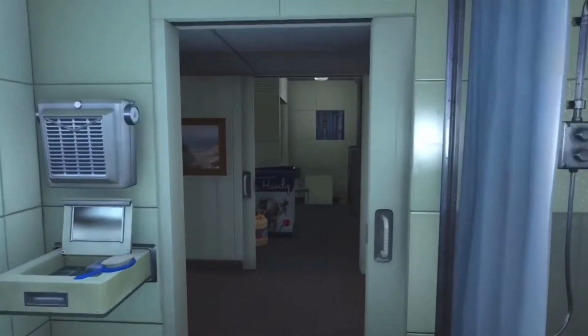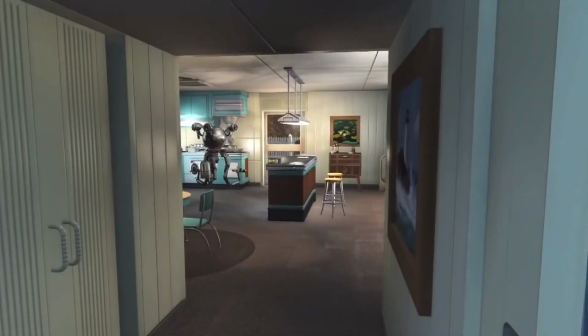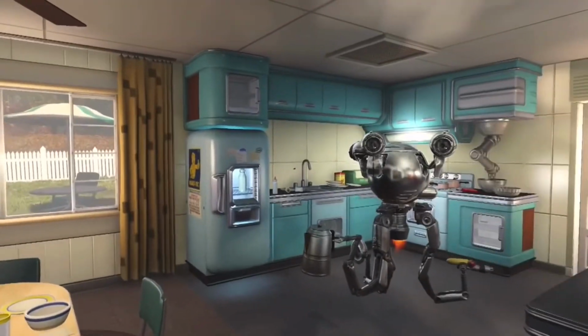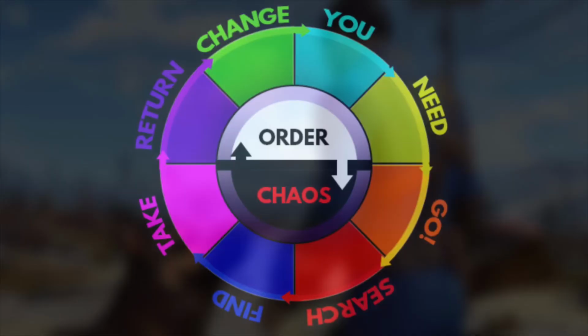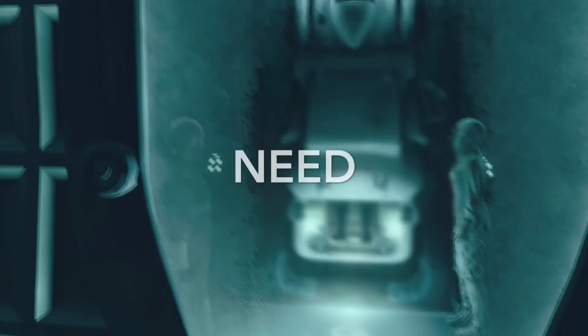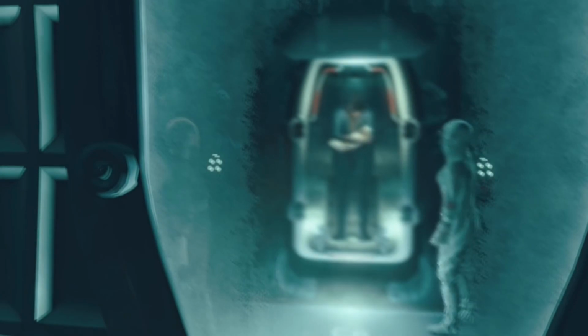Before I begin, I could have chosen any Bethesda protagonist, as most of them are very similar, but I find that the Fallout 4 protagonist has an interesting circle that I couldn't pass up, so I will look at him today. Let's begin. You, the sole survivor, Nate or Nora. Need. To find your son, Sean, who has been kidnapped. Go. You leave Vault 111 and